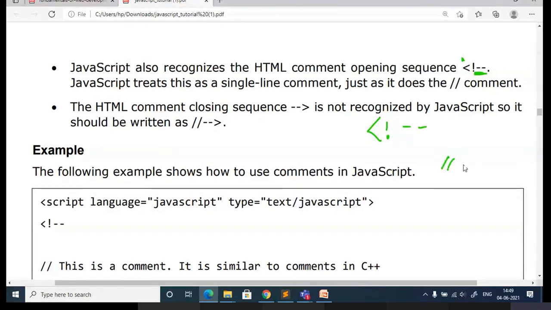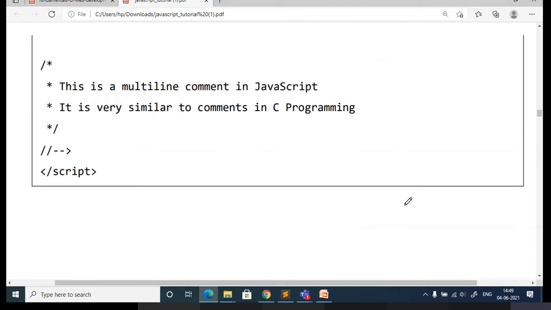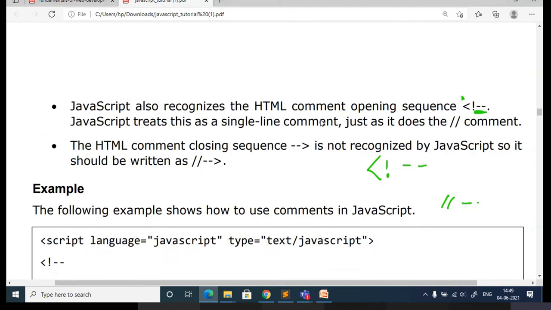So you have to specify that it is not an HTML element, it is JavaScript. Your script should come under this, because most of the time the browser also recognizes HTML elements. So for this reason, to tell the browser, you write a script within this comment line.